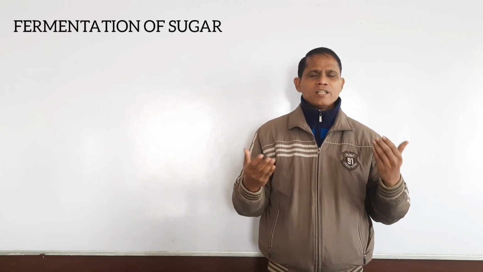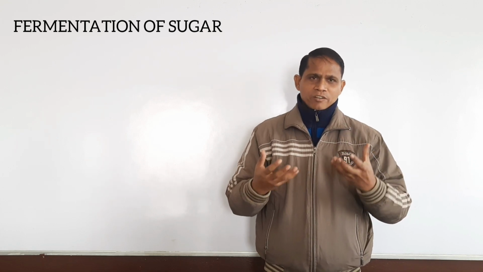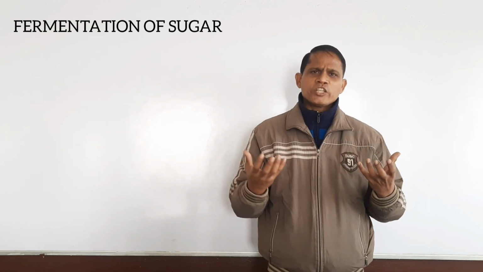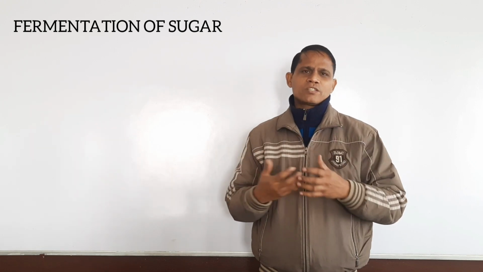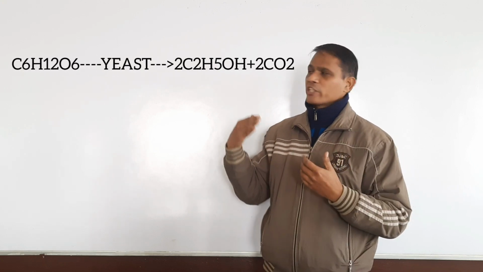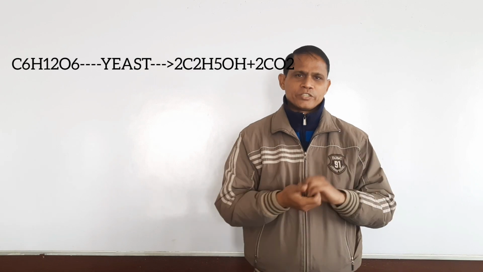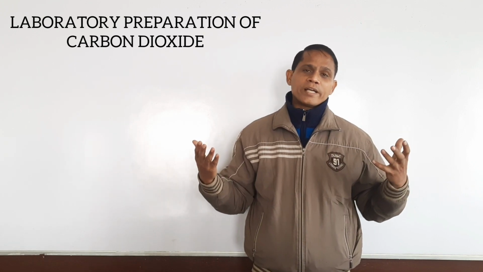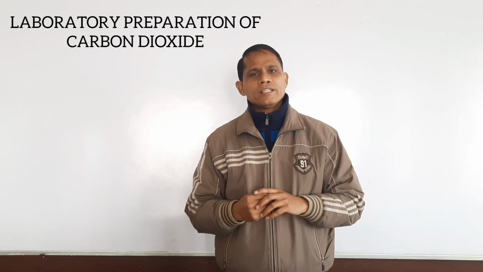Next, you can make carbon dioxide with the help of the fermentation process also. What is the fermentation process? Beta, the fermentation process is a process where molasses gets converted into ethanol. We use this process for the manufacturing of ethanol, and yeast is also used for the conversion. The chemical reaction I have already shown on the diagram. You can see it. And the next thing which I am going to discuss with you, students, is the lab preparation of carbon dioxide. How you can prepare carbon dioxide in the laboratory.